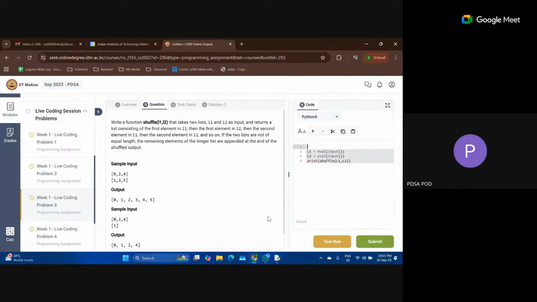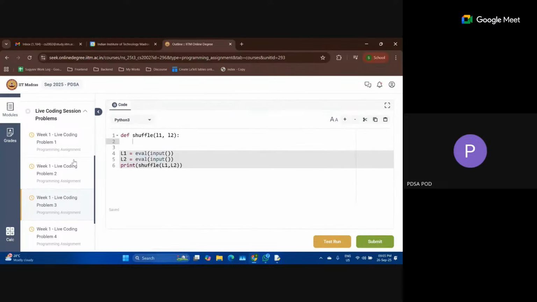So what we will do is define a function called shuffle(L1, L2). We have to write this function.